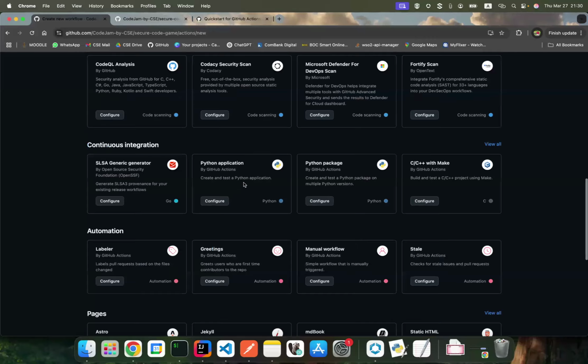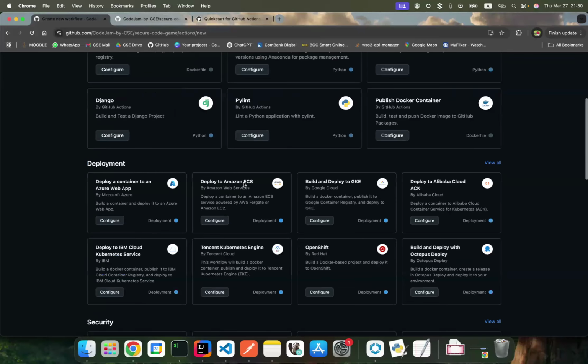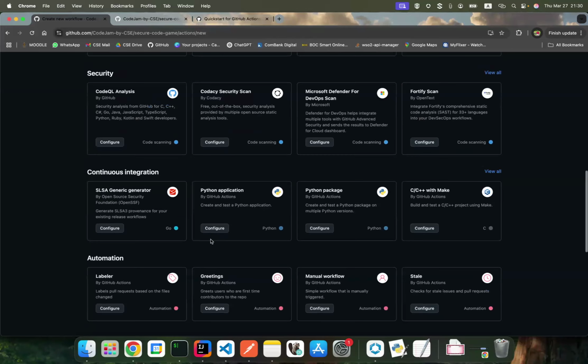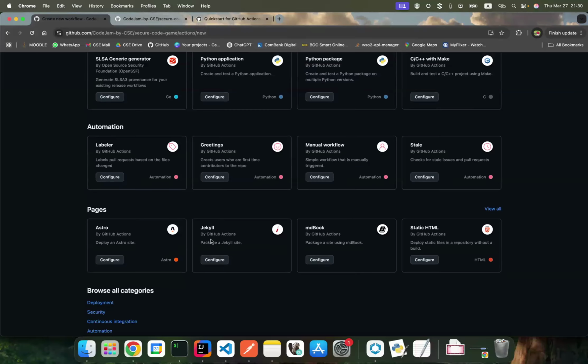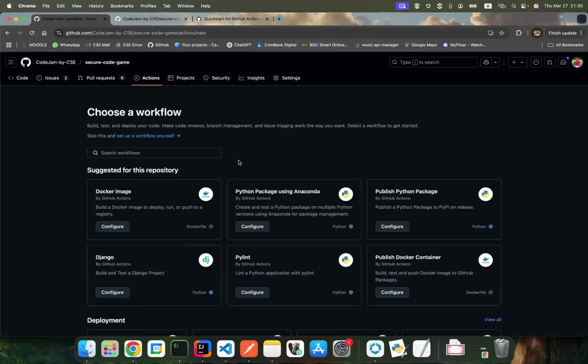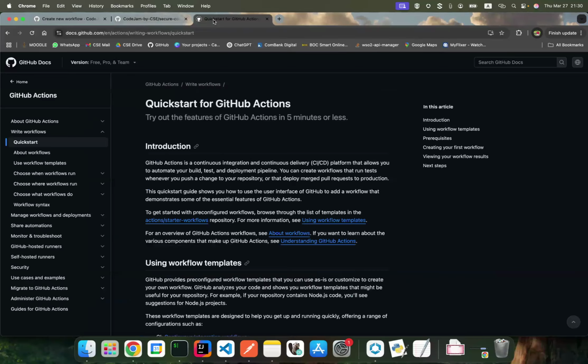As I mentioned earlier, in their marketplace there are a lot of predefined GitHub Actions, and you can also follow the GitHub Actions documentation when you want to implement a new one. All the syntaxes are listed here.